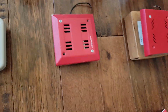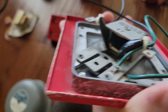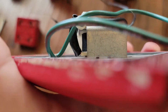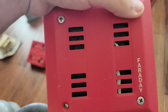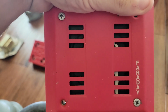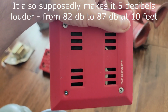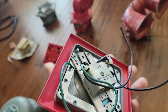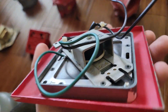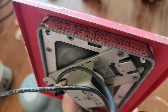And then this one's also labeled as a 6110. It's the same mechanism. However, this one has a rivet in the middle of the electromagnet slash mechanism that makes it sound a bit different. This I also got from Connor because he ordered a lot of 3 of these from eBay, so I got one of them, and he's gonna sell one of the other ones. There's the label there. Might be a little hard to see, but yeah, it's labeled as a 6110, although I think the proper name of these might be